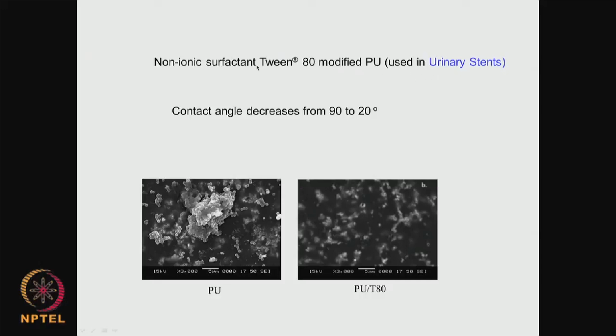When you put these amphiphilic molecules, the contact angle of the surface, which was 90 degrees, quite hydrophobic, comes down to almost 20 degrees, very hydrophilic. So, an amphiphilic molecule like Tween 80 changes a hydrophobic surface to hydrophilic and hence prevents the attachment of the